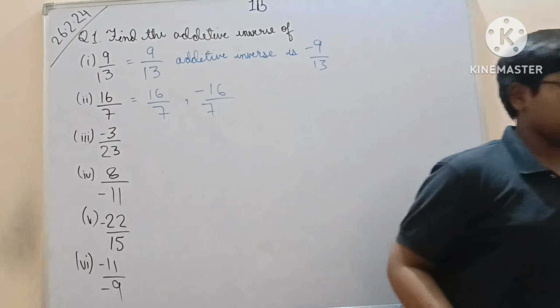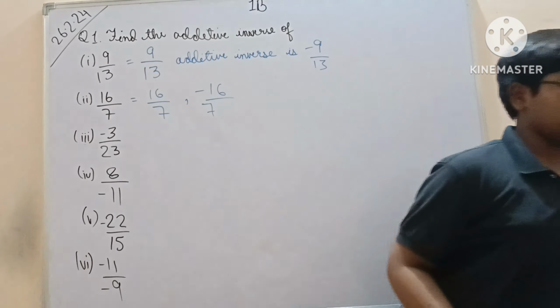So as it is given, minus 7 plus 6 divided by 17. Now we can also write this like 6 minus 7 divided by 17. Now it will become minus 1 divided by 17. So this is the answer of the first question, first part. Second part,